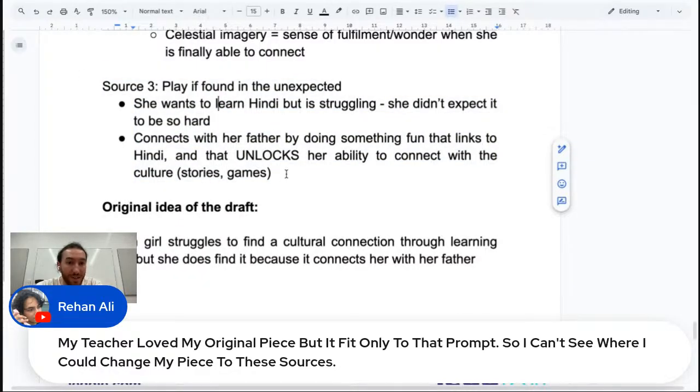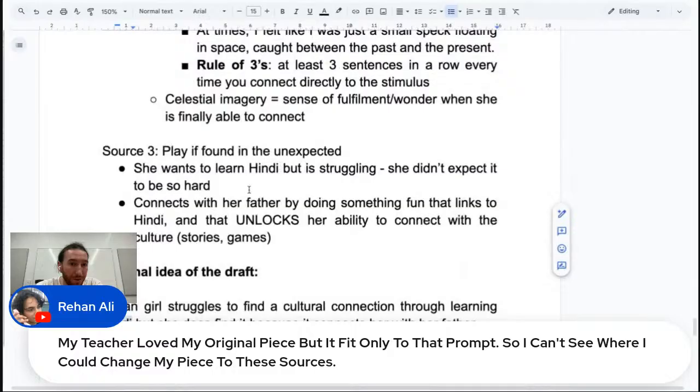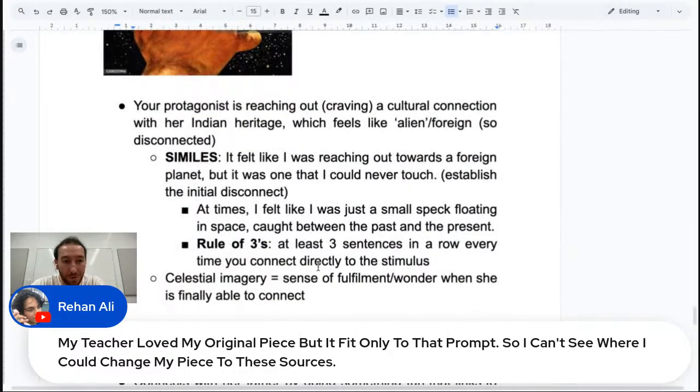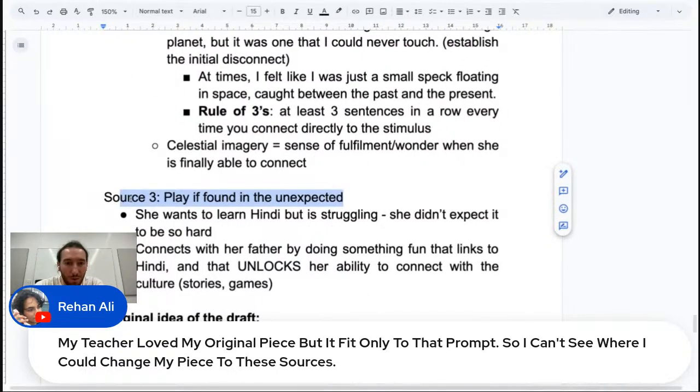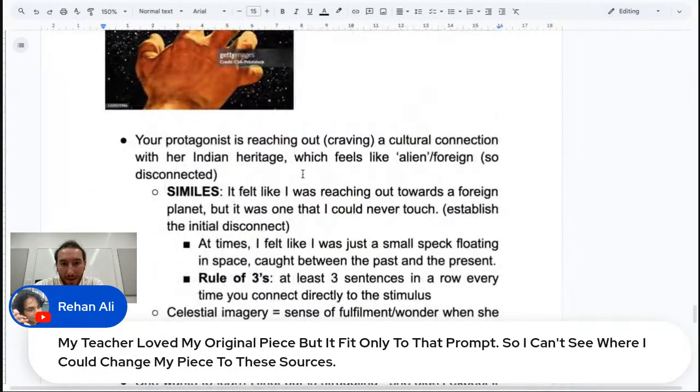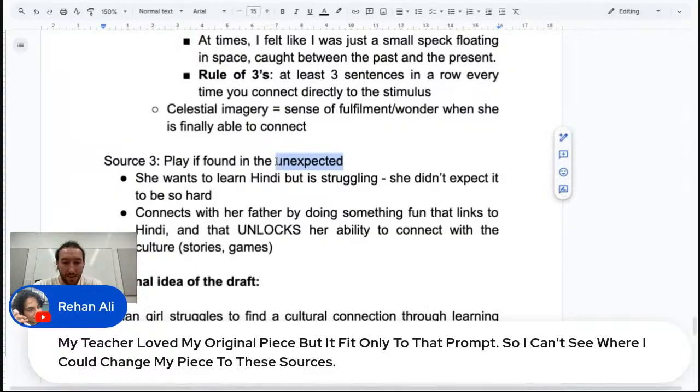You could retain almost exactly what you have. Nothing's that different about the breakdowns. It's just the emphasis on the new terms, like play if found in the unexpected. It's a very general one that you could basically apply to anything. You just suddenly emphasize the unexpected in your piece. The unexpected is, I didn't expect to connect with my culture through developing a stronger connection with my father.